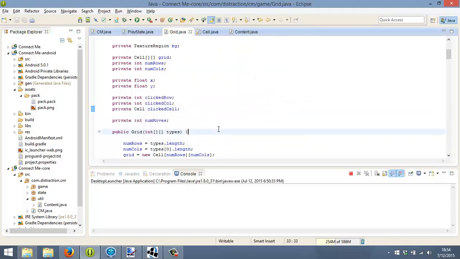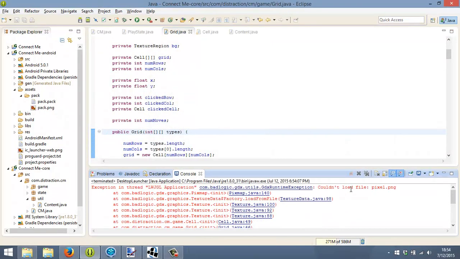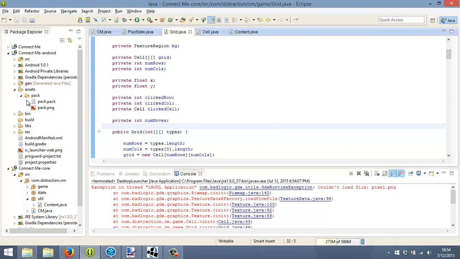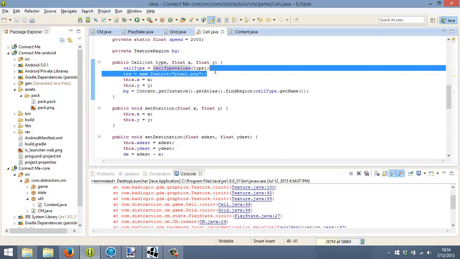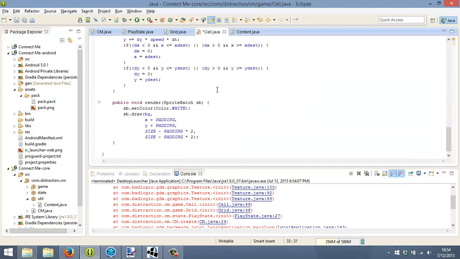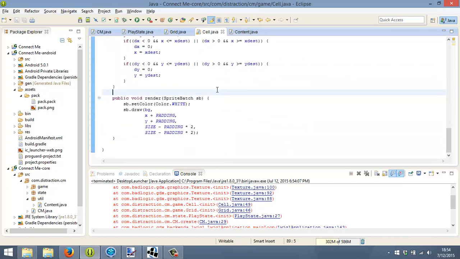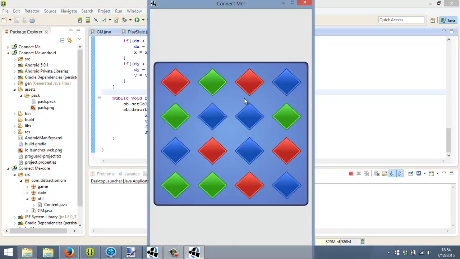Yes to all. So if I run it now, I get couldn't load file pixel.png. Right, I just took off the pixel image. Where is that coming from? Here, I don't need this. Text. Right, okay. So if I run it now, you can see updated graphics, sort of, and you can see it